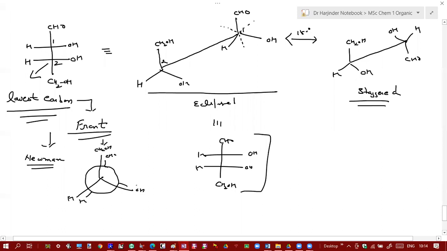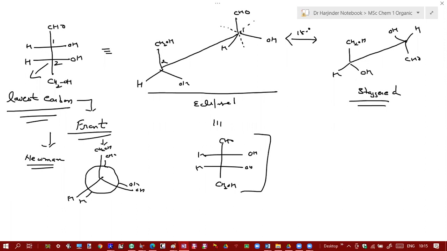Similarly, you can rotate it at several angles to get the different conformations. If you rotate it at 60 degrees, you will get the corresponding staggered. Then again 60, you will get eclipsed, partially eclipsed. Then again 60, you will get anti-conformation. If you convert it back into Fisher projection, first of all you have to convert Newman projection into eclipsed conformation, and then by using the same procedure, you can write the Fisher projection. So this point is clear?